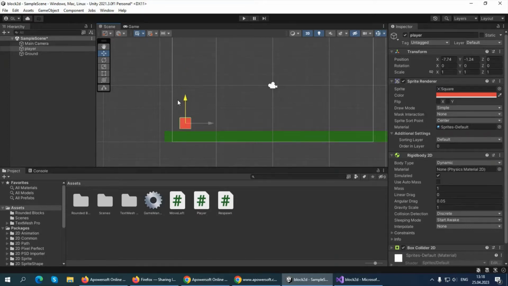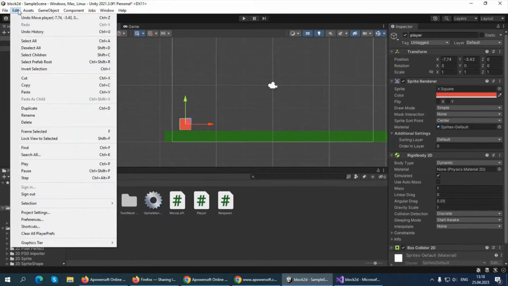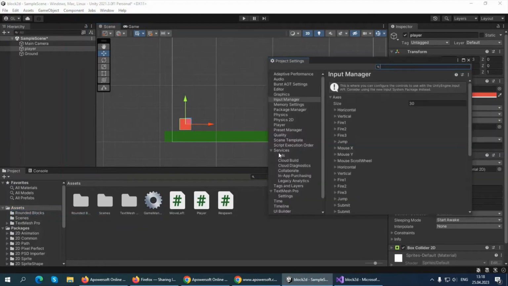And when I'm doing it, the y-axis changes in the position, as you see. So it means that we should write code which will change this y-axis when we click a specific key. That's the one point. Second point, if we go in the edit panel, edit and project settings, we will see